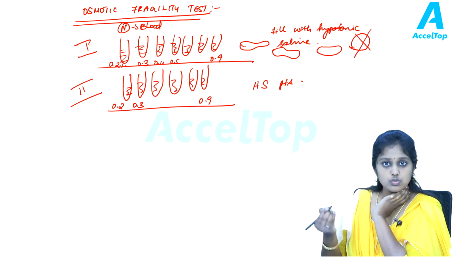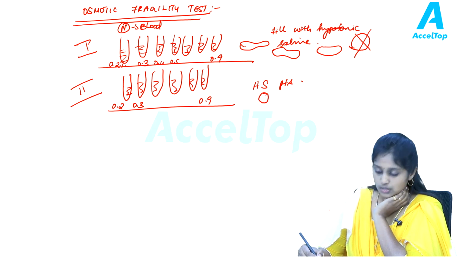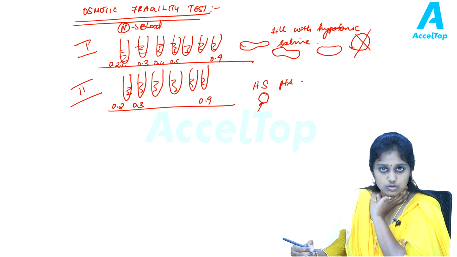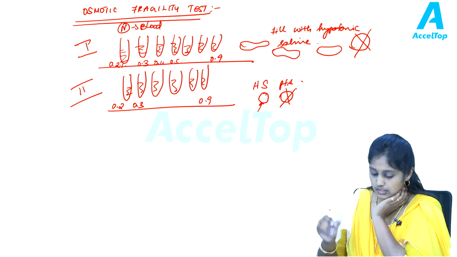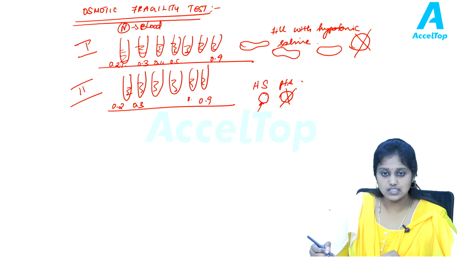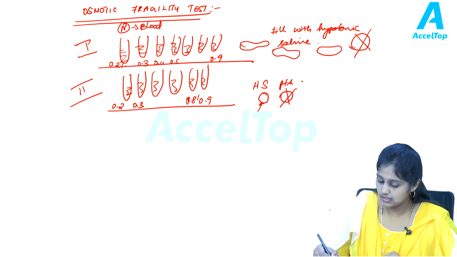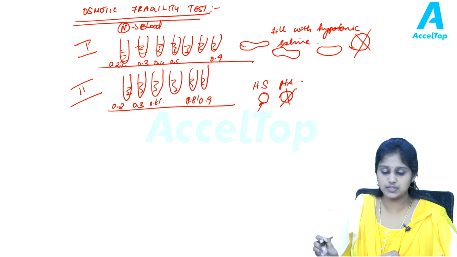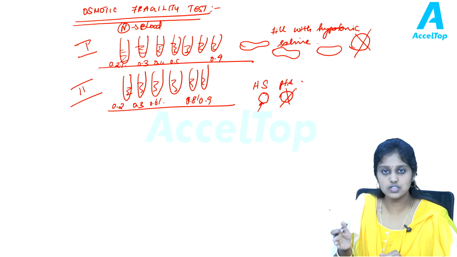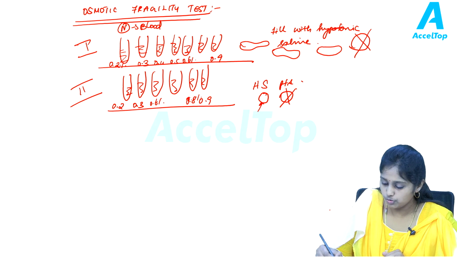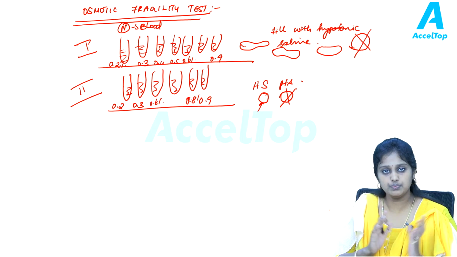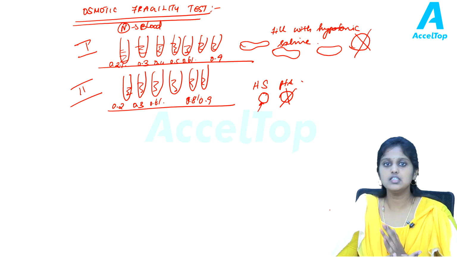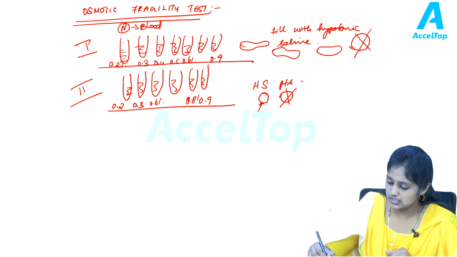But in hereditary spherocytosis, what happens? These cells are already spherical in shape. So when little amount of water enters into the cell, what happens? Very early, these cells begin to hemolyze. So in hereditary spherocytosis patients, hemolysis starts appearing as early as 0.8%, and by 0.6% complete hemolysis would have happened. But in normal persons, this doesn't take place. The hemolysis starts to appear either from 0.6% or 0.5%. The osmotic fragility test is increased in case of hereditary spherocytosis.